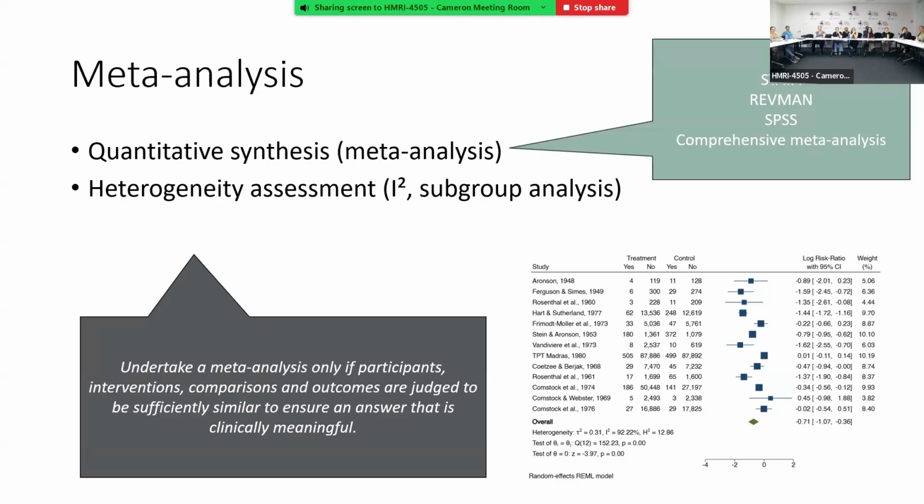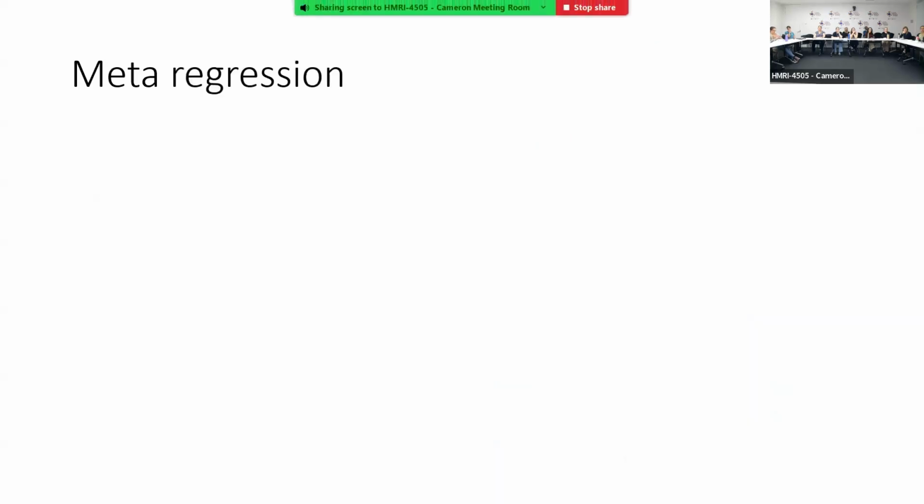And you can only undertake a meta-analysis essentially if you have low heterogeneity. If they're too different from each other, then your interpretation is just not meaningful. So as I said, the solution to that is the subgroup analysis, and another solution is a meta-regression, which we'll talk about in a minute. So that's really, really important. If you have high heterogeneity, then interpreting the findings is really flawed, and you probably shouldn't, or at least only with much caution. Meta-regression. Who's heard of meta-regression? Yes. And who's excited about it?